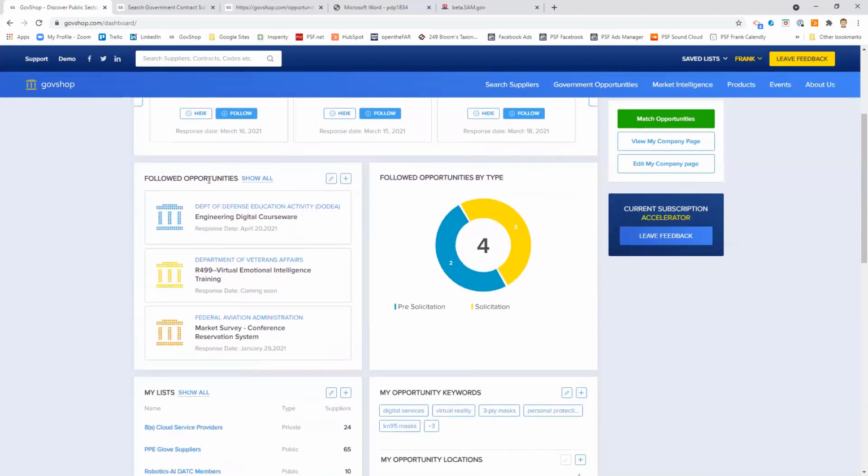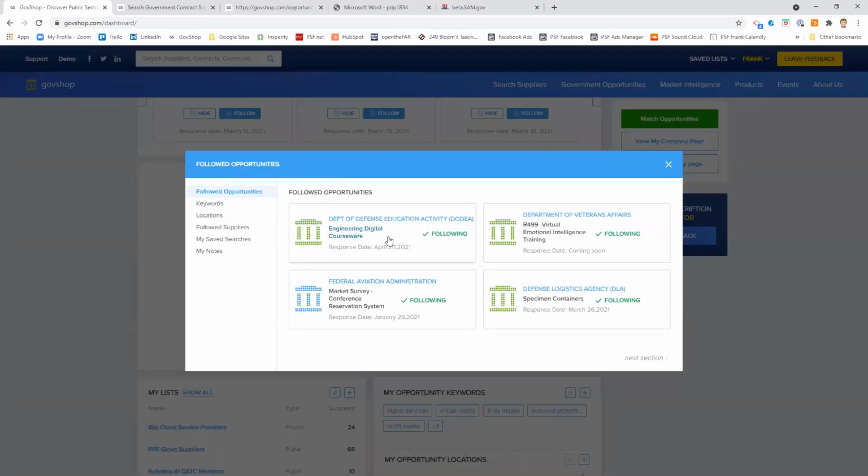Now, this is a really powerful function here, the followed opportunities. So when I find an opportunity that I'm interested in on GovShop, I can follow it. All of my followed opportunities will show up here. Now, if you click this little pencil button, you can see and basically curate and groom your list. So some of these things are